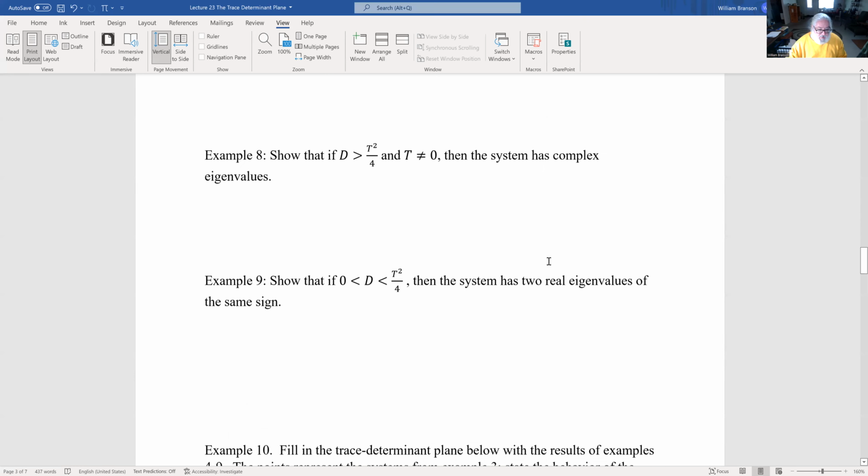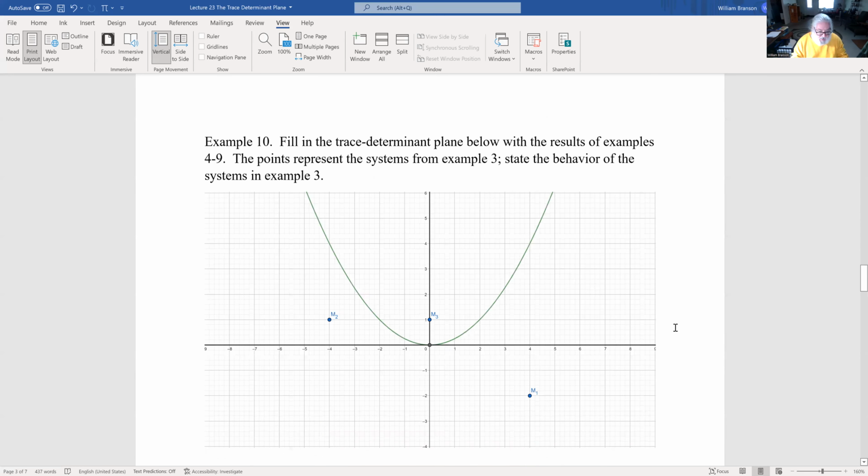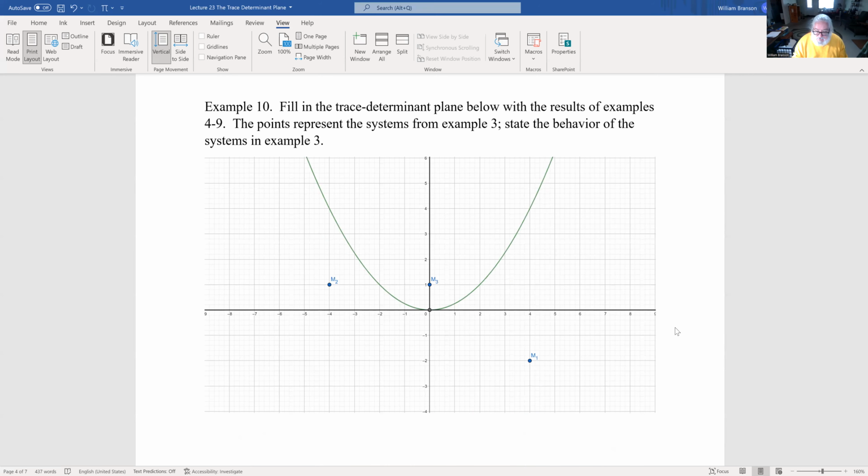So if we go way down here to my trace determinant plane, that means anywhere here, this is the trace axis, this is my determinant axis, everything down here